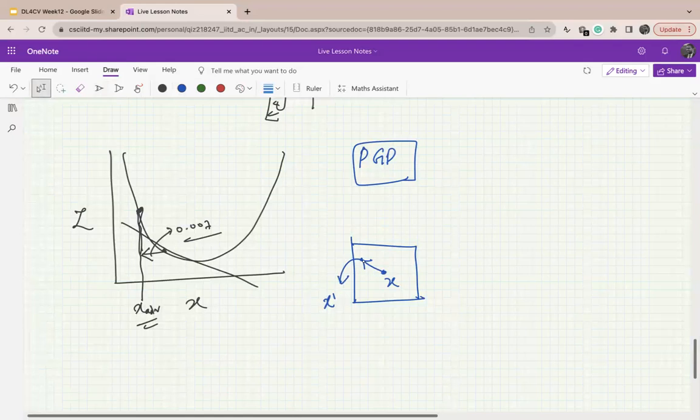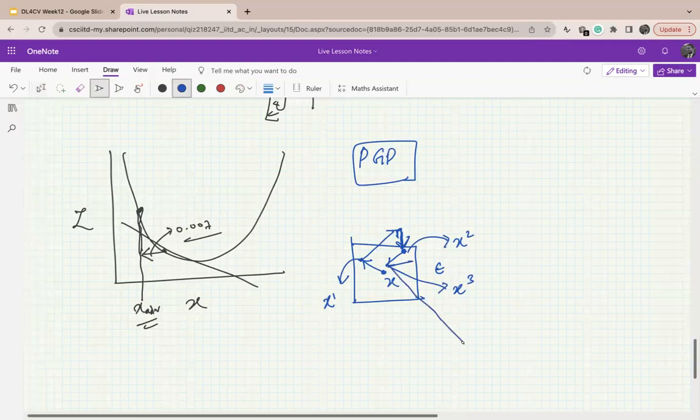Now, for the second time, you will again apply all these things, and you will again go in the direction of the gradient, but you'll go like this. Now you are out of this epsilon box, right? So when you're out of the epsilon box, you'll project yourself back perpendicularly to the box. Okay, so you'll be here. This will be your x2. Like you're projecting yourself back. Then you are again moving, reaching here. That is the x3.